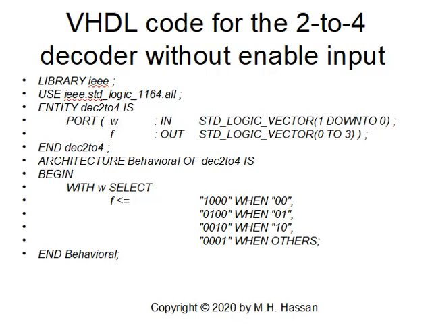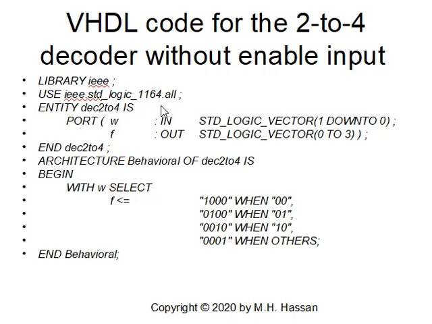If you remember, a decoder will convert a binary input to 4 outputs, which are the minterms, and one of them will be active at a time. So if the input is 0, 0, M0 will be generated. Because the decoder is a minterm generator with active-high outputs, we'll start with library IEEE, use